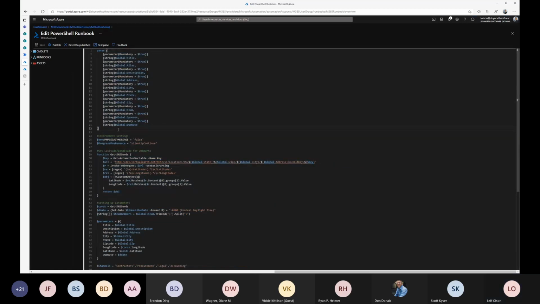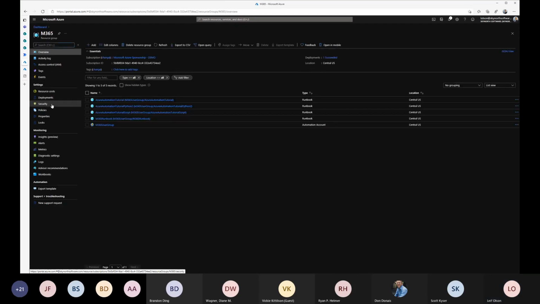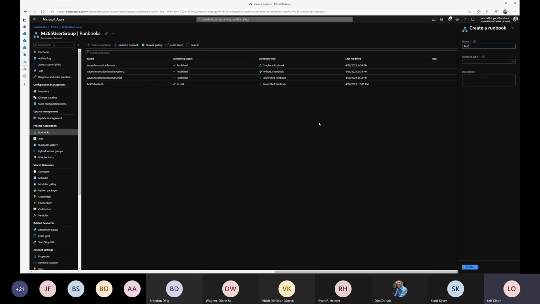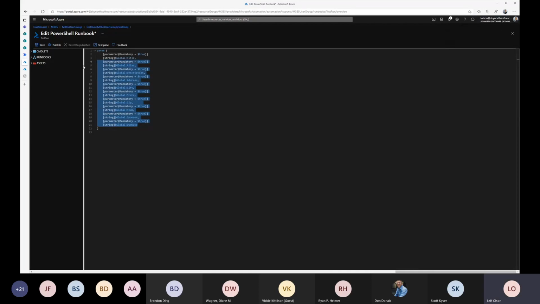The first thing I could have done is create a new one, and I'll just copy this out and show you. If I went up to my Azure automation, I'll go back to the dashboard. I could create a new runbook, and let's do test run. This is going to be PowerShell. And let's just do one, new. And if I save this and publish,